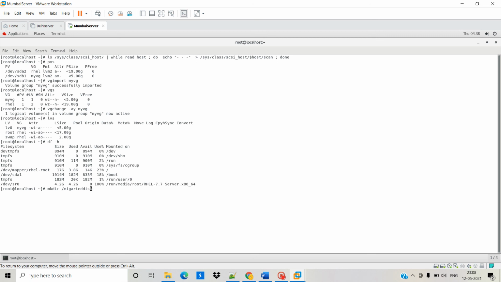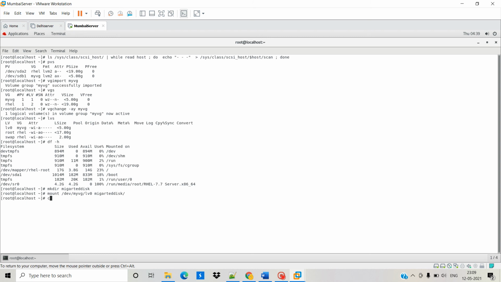Okay, now done. Now I am mounting my LVM on my second server. Mount the path, your VG name and LV, and your directory, migrated. So here it mounted successfully.